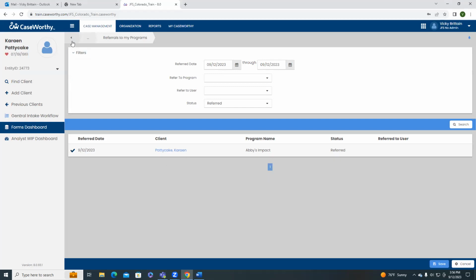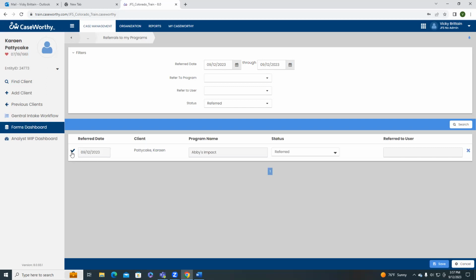That pretty much sums up referrals. I hope this made it easier. I got rid of the referrals to me selection because that was taking us through a workflow that hasn't been used in my tenure here. So I think you can get to everything just through the referrals to my programs and then just sort it referred to user. Again, if this was not referred to user and you wanted to edit that, you could click this